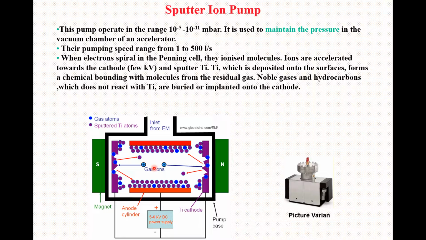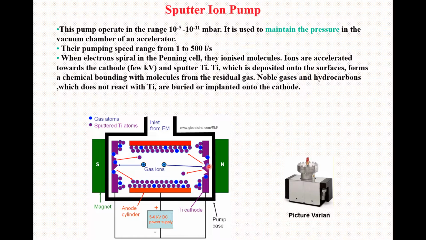These ions are accelerated toward the cathode, and you know that the cathode is basically made from titanium. So what happened here at the titanium cathode? It's been sputtered by the ions, which we have accelerated toward it. Here you can see it. We have these ions being accelerated toward the cathode, and these ions basically have sputtered the titanium's